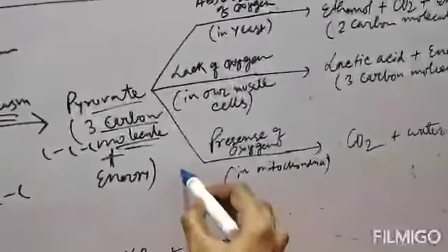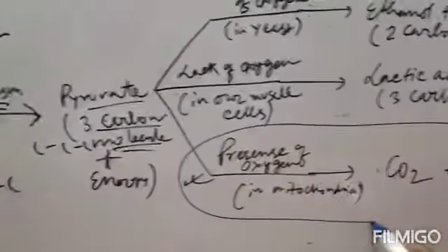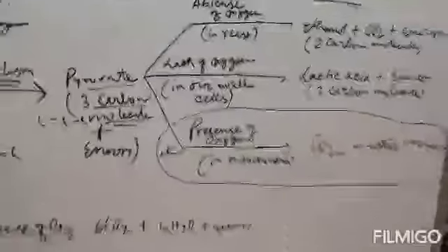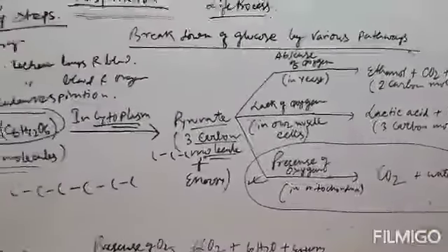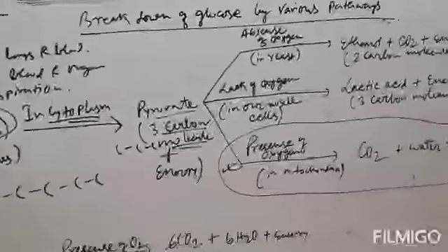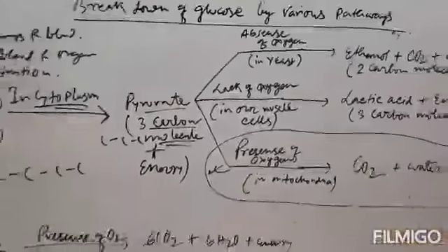Now if we are talking about this case, this type of respiration is specially found in human beings. If we talk about us, the respiration follows this pathway. Maximum respiration follows this pathway. Clear? So pyruvate compound